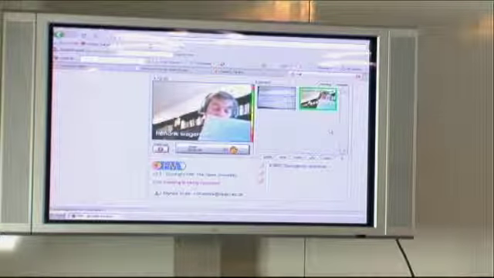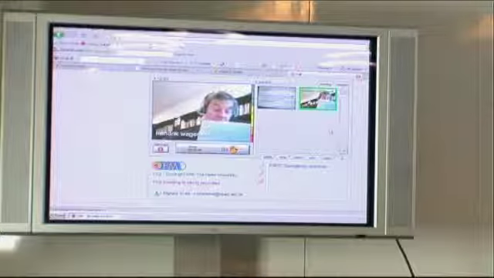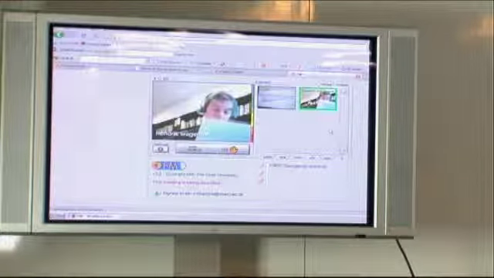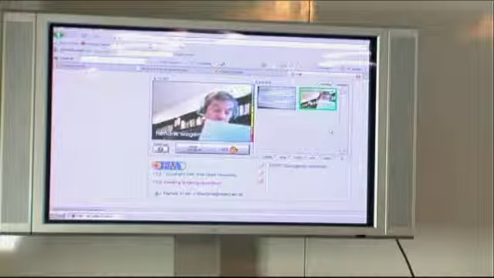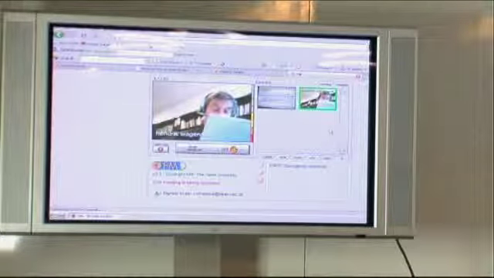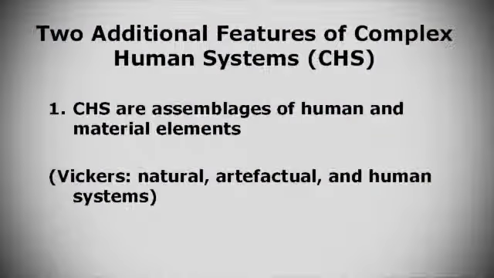There is an important tradition in the social sciences that emphasizes this fusion, and perhaps interpenetration would be a better word here, of human and material elements in the constitution of the world we inhabit. Sir Geoffrey Vickers distinguished famously between natural, artifactual and human systems, and the grounds for distinguishing them